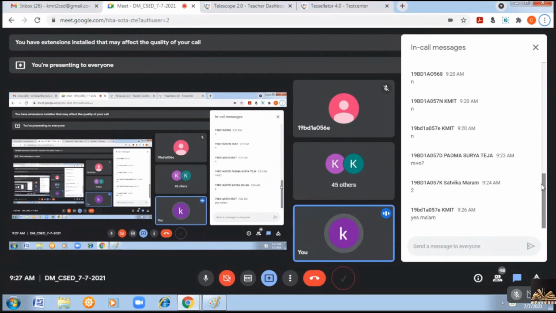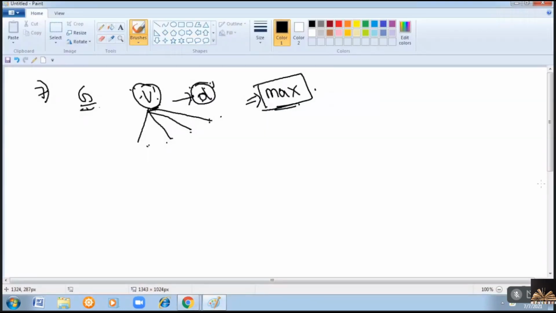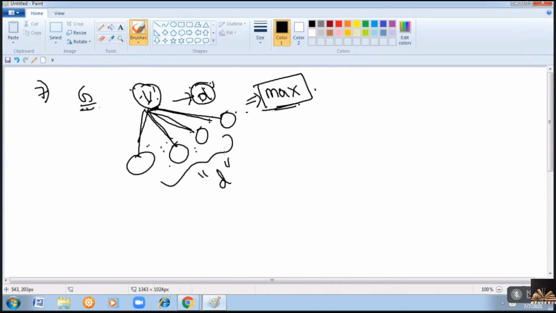It's very simple. The degree of a vertex is D means what? It is adjacent with how many vertices? It is adjacent with D vertices. The degree is D means D number of edges are incident with that vertex. Edges are there means corresponding vertices will be there. So the degree is D means there will be D number of vertices. How many colors do you require? Maximum number of colors you require to color all these D vertices? It is D only.